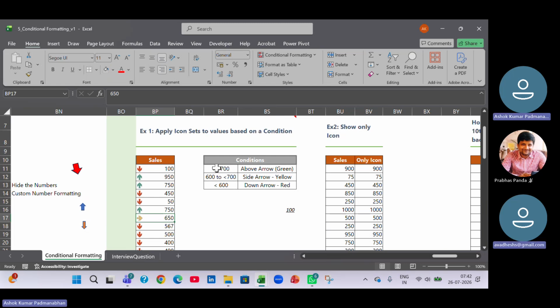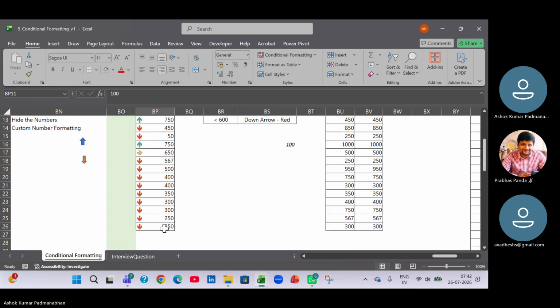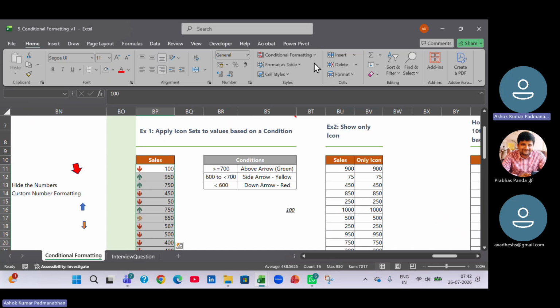Now you can see it is aligned with this condition. Can you repeat it? I'm removing,